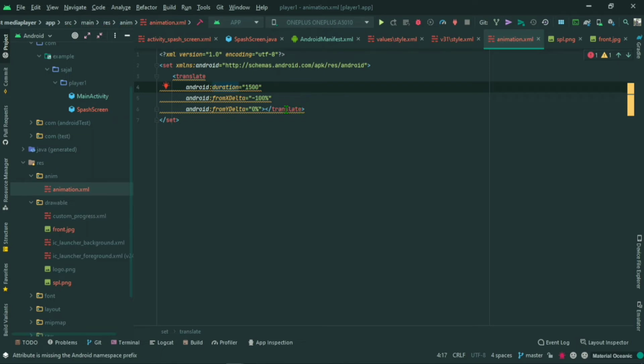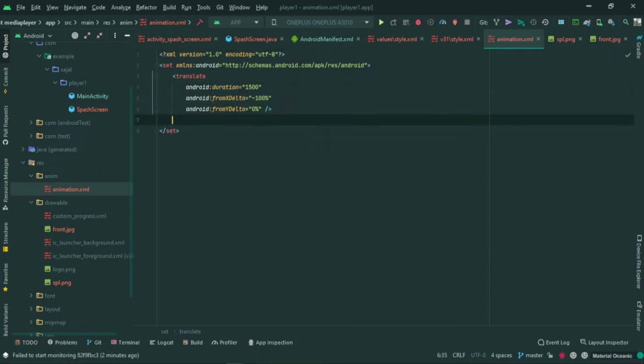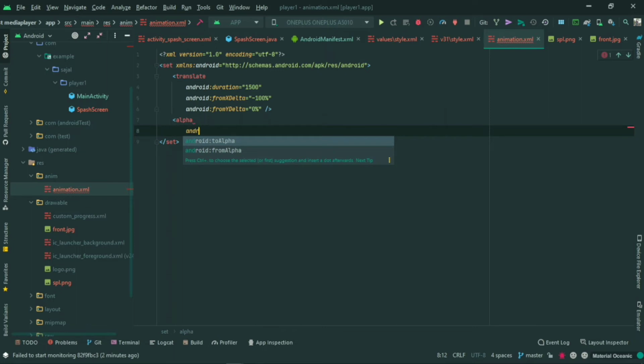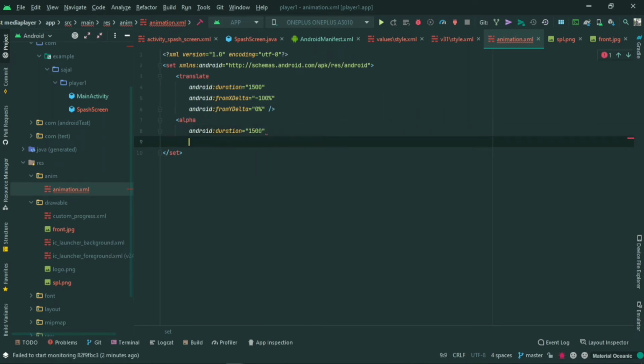Okay, I think collapse entity. Okay, translate complete. Now we need the alpha. In this alpha section also we need the duration, Android duration, which will be same as above, and after that we need